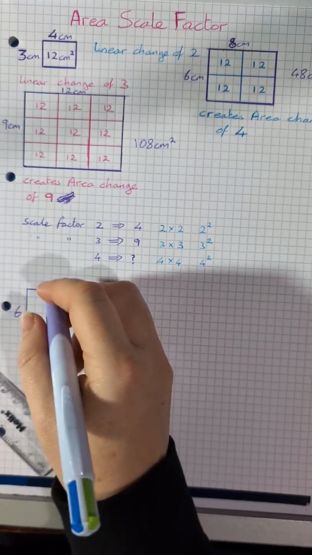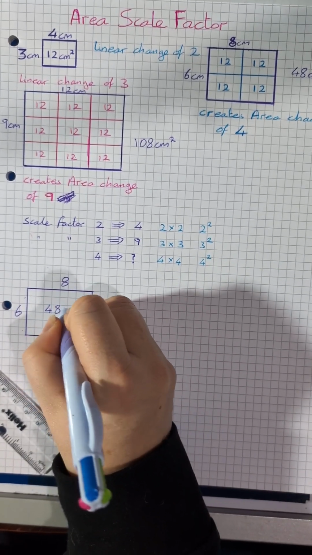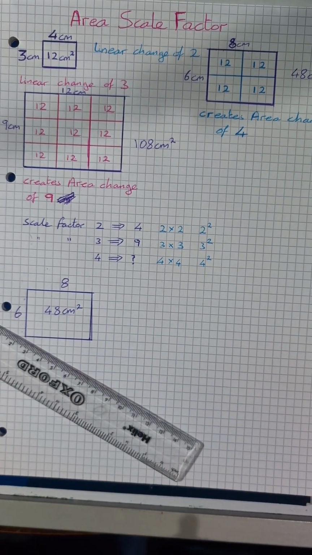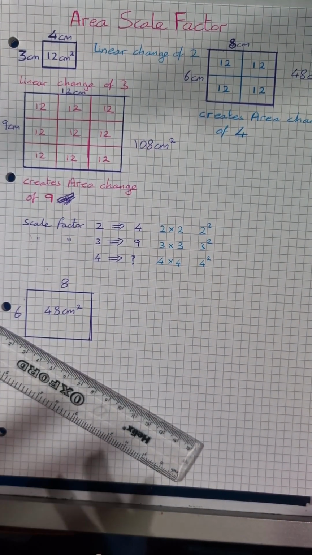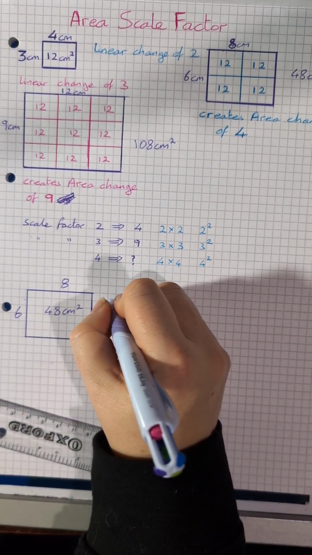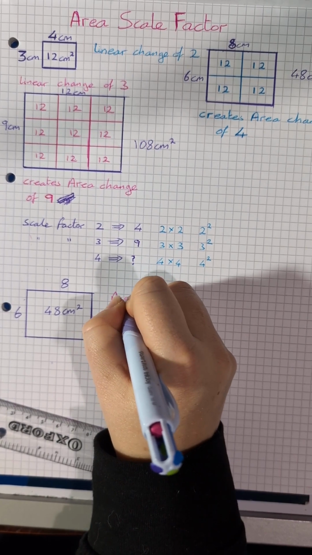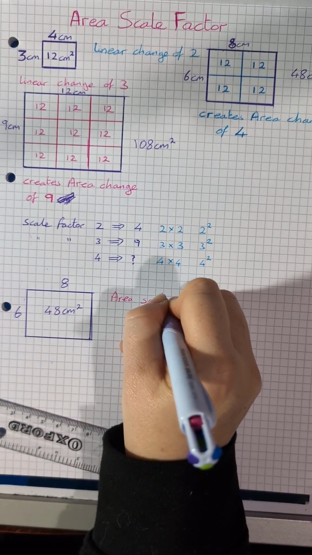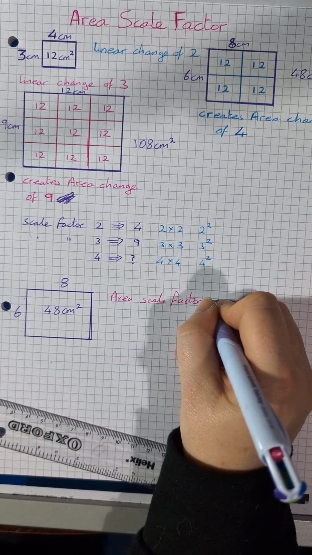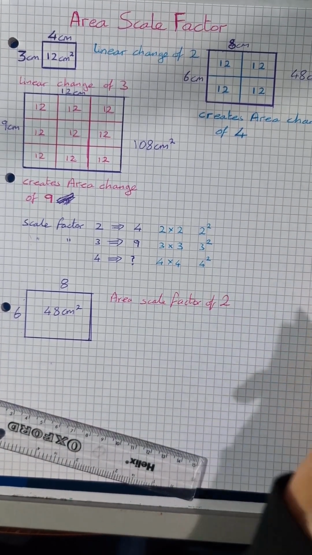Yeah, I've just done it up there, haven't I? 48 centimetres squared. If I have a shape with a similar area that has been scaled up, so an area scale factor of 2 this time,